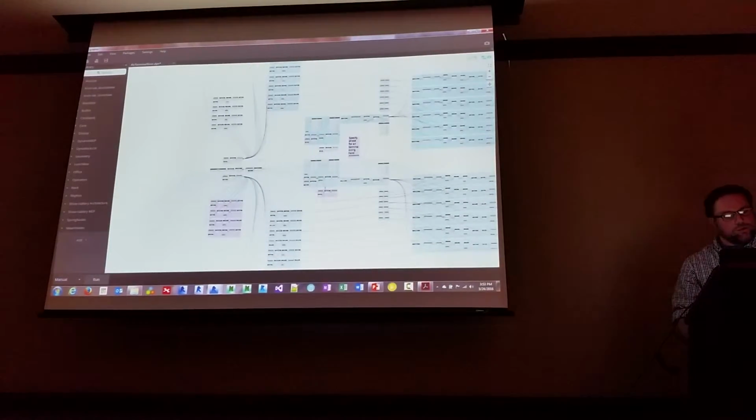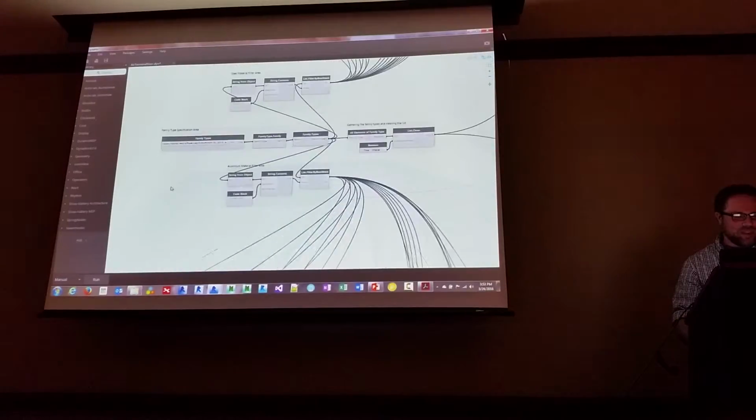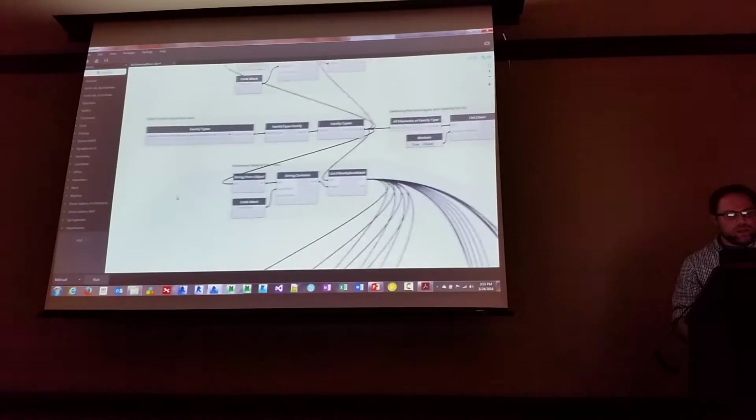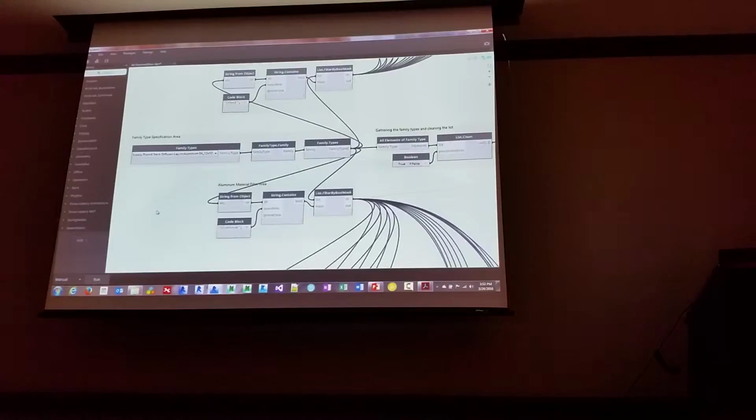This one does look overwhelming, I'm sorry. First things first, and I will say this, by trial and error is the only way that I figured out how to do this. You would think that it would be really simple to just apply a value to the family type parameter, but there's a lot of formatting that goes into it, and it's usually family name and type that it wants, the whole shebang, okay? So, rather than try to type all that stuff out, I just went ahead and first I